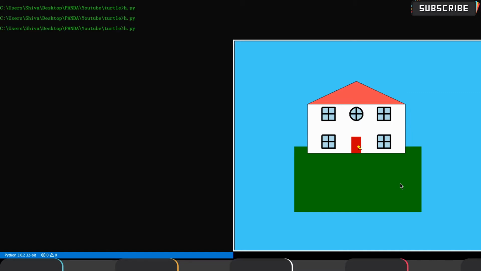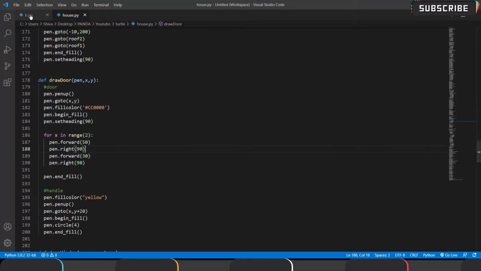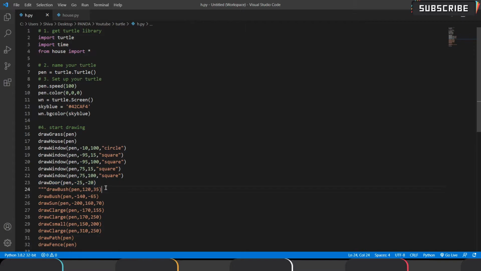And it is drawing the door, since we used the door function. In total, it is drawing only four squares, because we gave only four squares, and only one circle, because we gave only one circle.